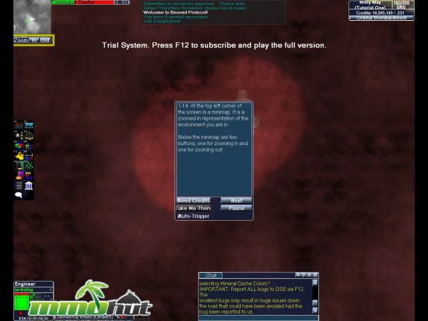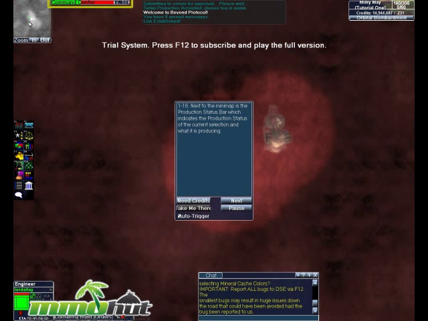At the top left corner of the screen is a minimap. It is a zoomed-in representation of the environment you are in. Below the minimap are two buttons, one for zooming in and one for zooming out. Left-click on the minimap to move the camera to the selected location. Next to the minimap is the production status bar, which indicates the production status of the current selection and what